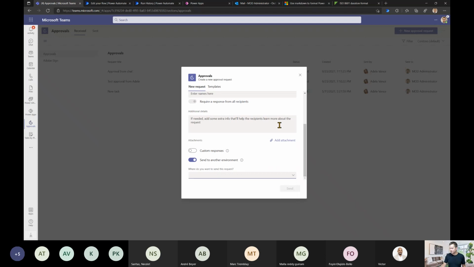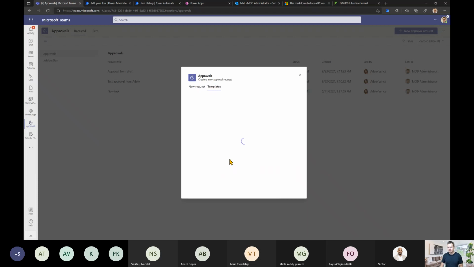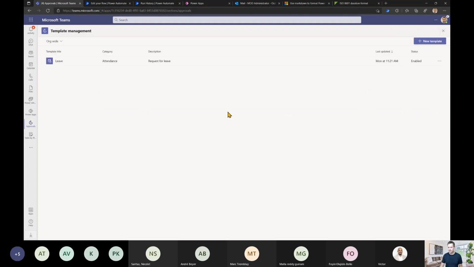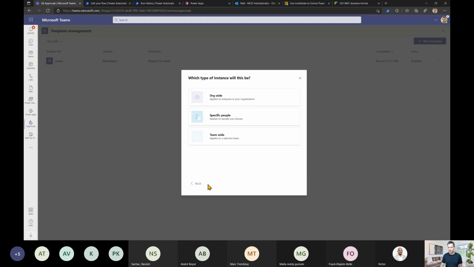Now, one different thing is that you can also use a feature called templates. With templates, the Microsoft Teams admin can create templates for the organization. Let me just show you. You can manage templates as the Microsoft Teams admin, and then you can create a template that is dedicated either for a team, for the organization, or for specific people. Now, what is the point of those custom templates? Well, the idea here is that you simply create a template of a task